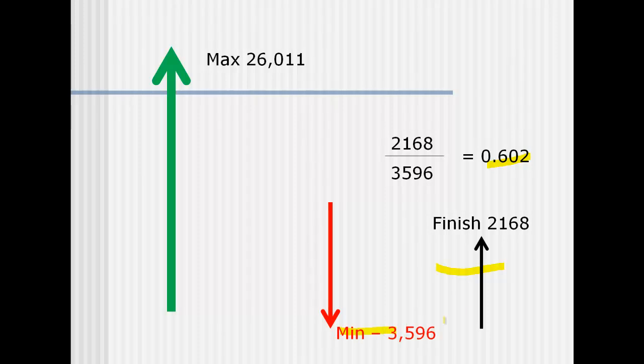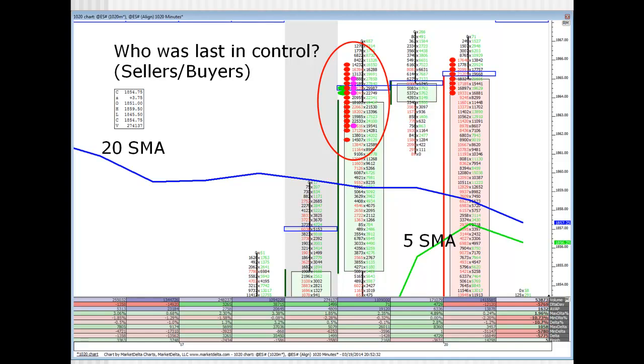They were the dominant force, and the buyers were trying to overtake them, and they were able to take them to about 60%. That's still relatively bullish. Not very strong bullish anymore, mind you, but nevertheless, that is a rather bullish finish. So keep that number in mind, and then we'll go back to take a look at our